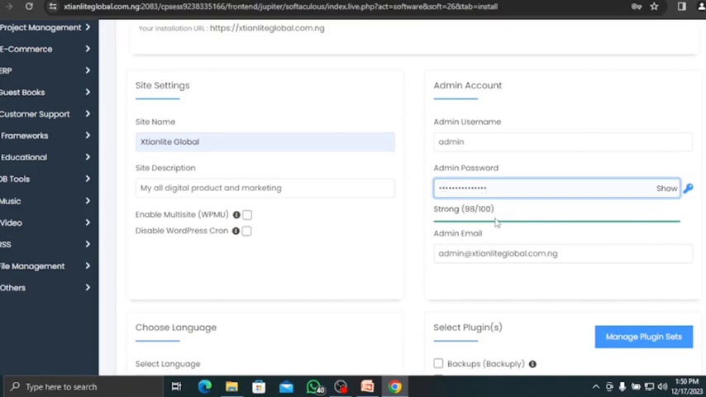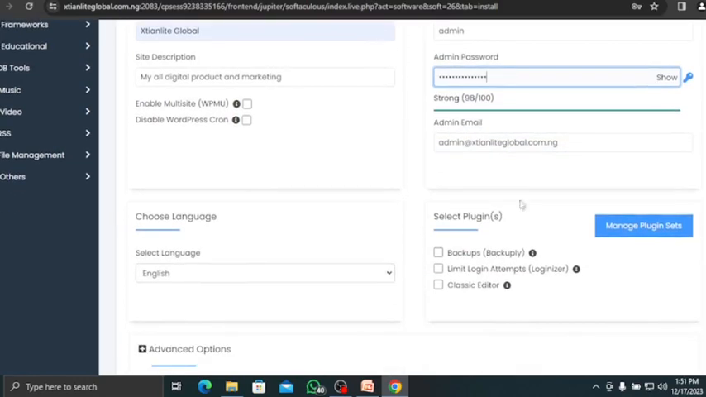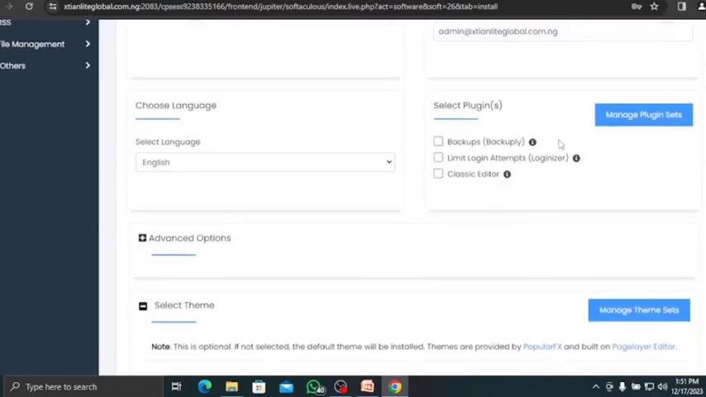Okay, as you can see, make sure you put a password that is strong enough. Like from this password I put, I have a 98/100, so it's very strong. So you can put your own password there. Then for this, your admin